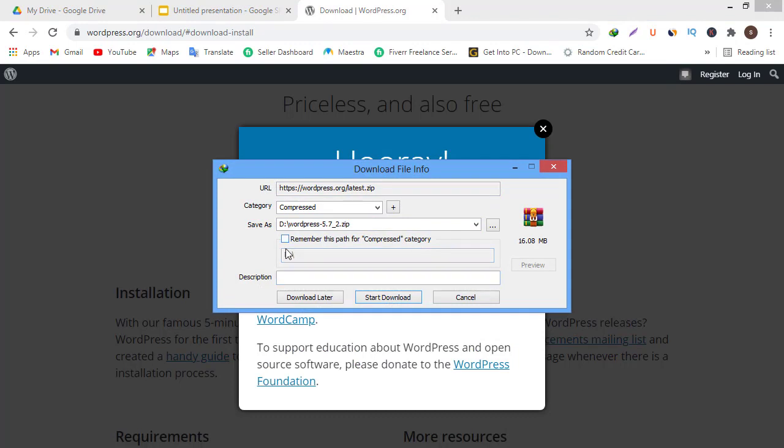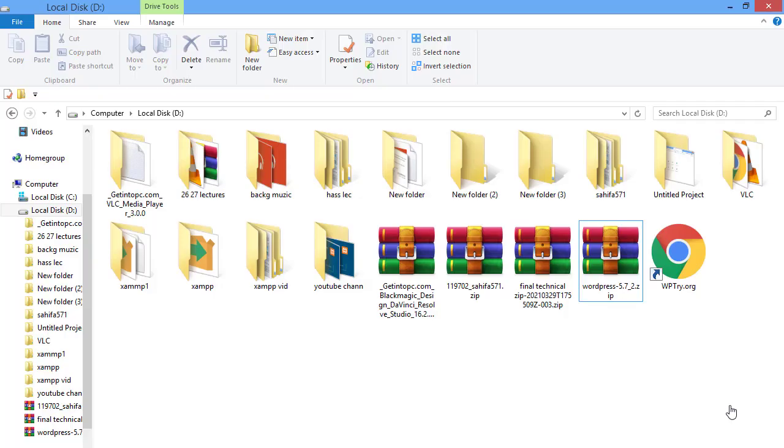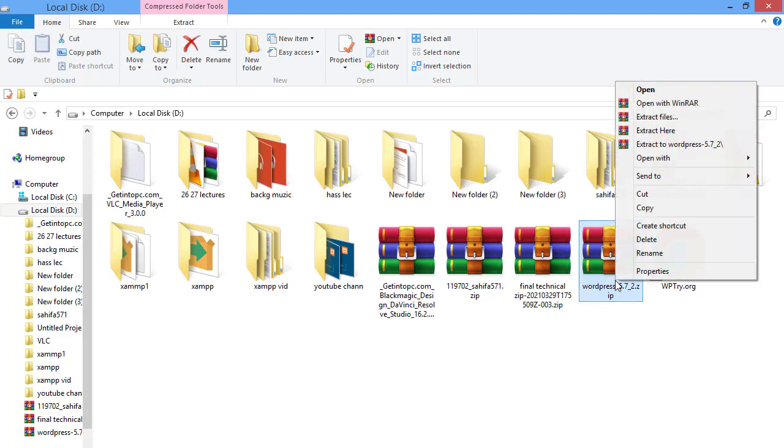I want to download it on Drive D. Click on Start Download. The WordPress 5.7 zip folder will be installed on our computer. It will take some time. Now you can see that on Drive D there is a WordPress 5.7 zip folder. We can copy it from here,